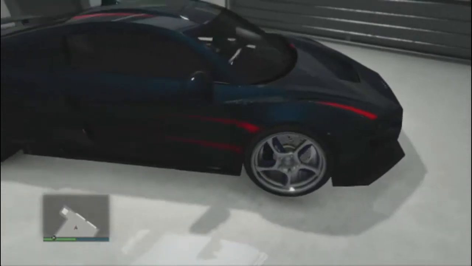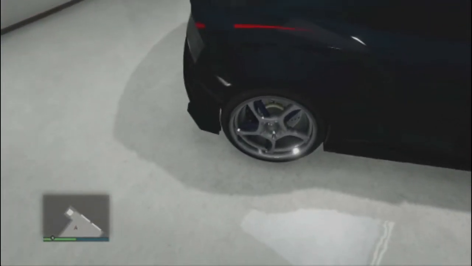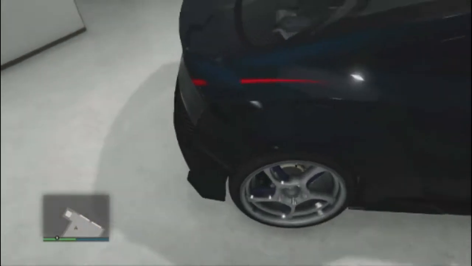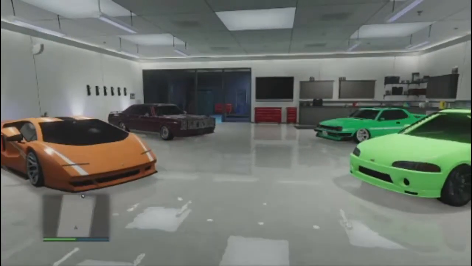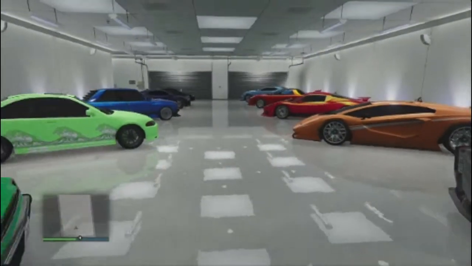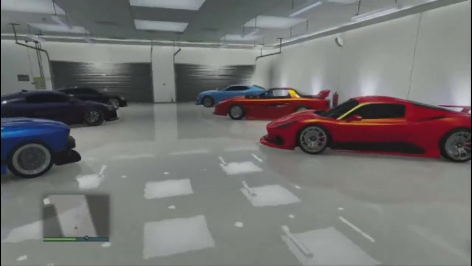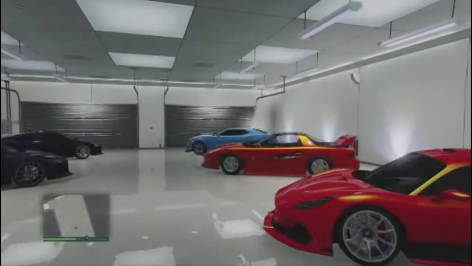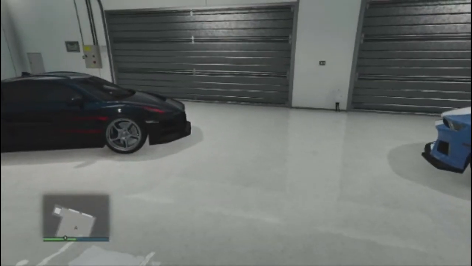Got the red stripe livery. Got the rims with the blue, as you can see right there. Still chrome with the blue. Yeah. And that's basically my entire garage. And what I really like about this garage is how the colors kind of bounce off of each other. Like how I have all the cars positioned, you know, like the colors really do complement each other, I guess. But yeah, let's go ahead and move on to the last garage where I have the rest of my